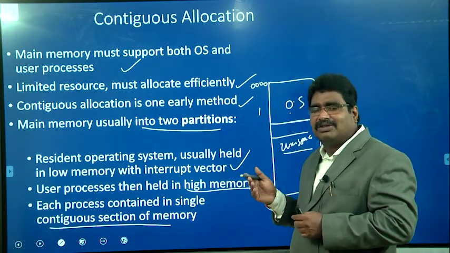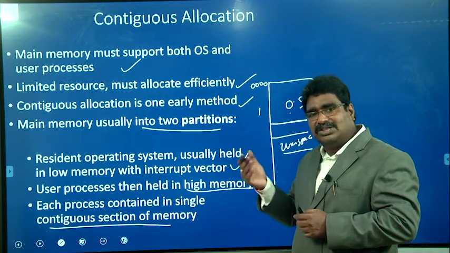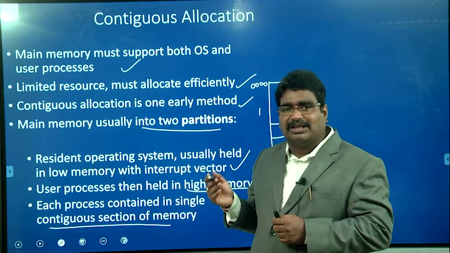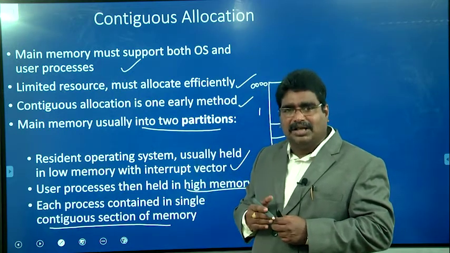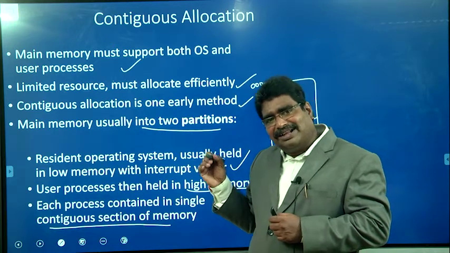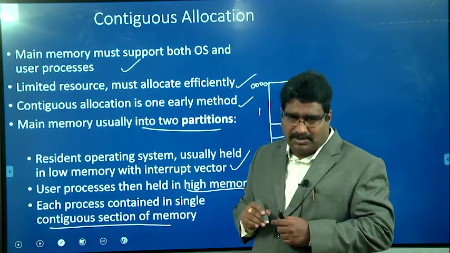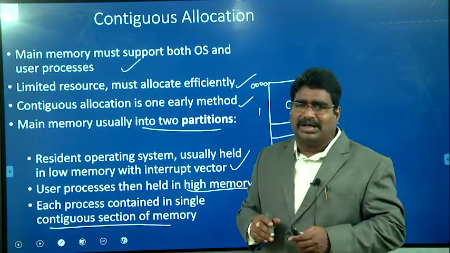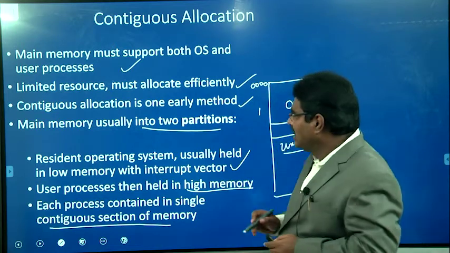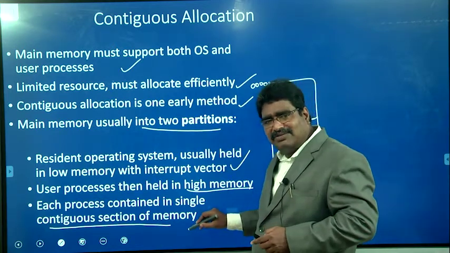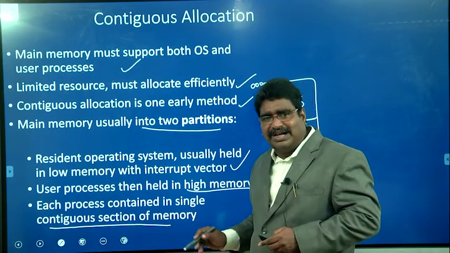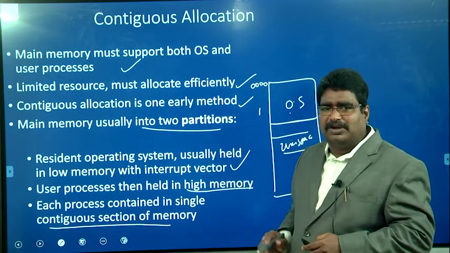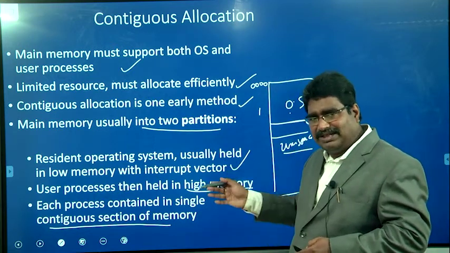The advantage of contiguous memory allocation is that it is very easy to calculate the physical address. Once we know the relocation register or the base address, that is the starting address of the particular process, we simply add the logical address to the starting address, that is the base register or relocation register value. Then we are able to get the physical address. So calculating the physical address from the logical address is very easy, and implementation is very easy, but the limitation is the possibility of fragmentation. We will discuss that in the next slides.